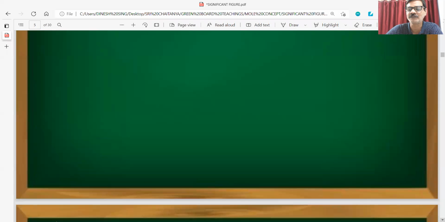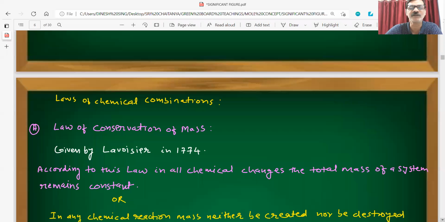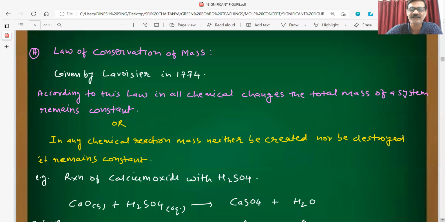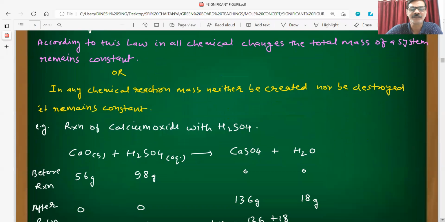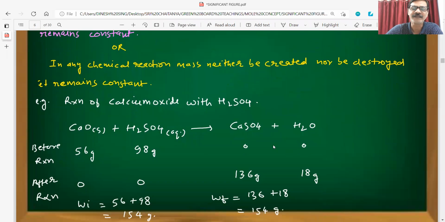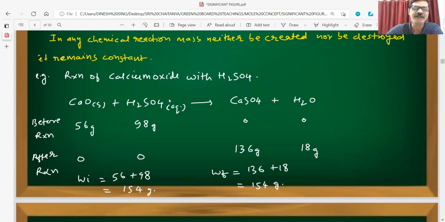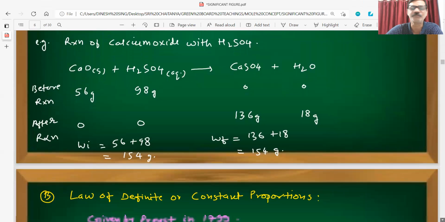I think everybody understood this. A very simple law. Whatever reaction we are taking, the balanced reaction, from it we can predict, for whatever amount of product we want to obtain in industry, suppose, we have to consider accordingly the amount of the reactants. So this is called the law of conservation of mass.